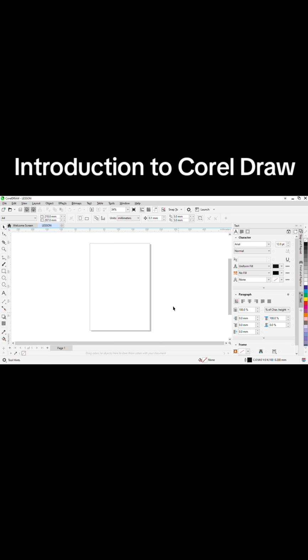Now this is the A4 page we're talking about. This is the A4 size page. Look at the name here, lesson, that I selected earlier. So a lot can be done here. Other videos will show you the functions of these tools and everything. This is, like we said, the toolbar, this is the property bar, this is the toolbar. So the property bars are always here to help when you want to do a whole lot. Like